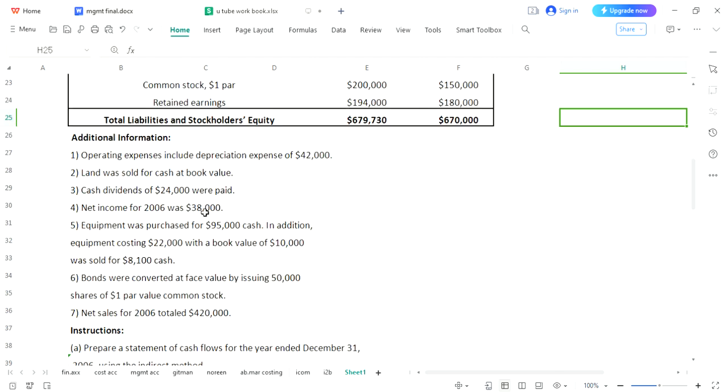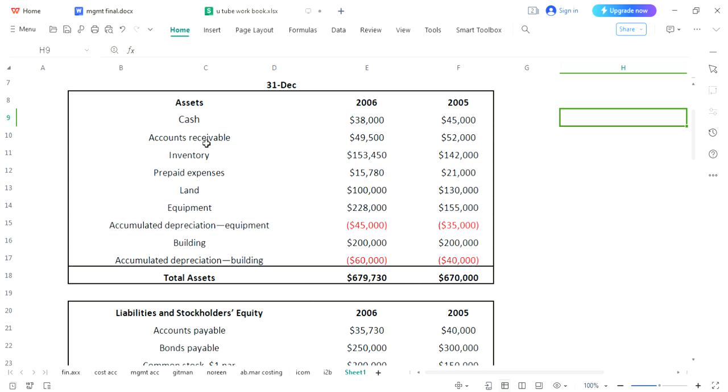Now the next part of the question is account receivable. First we will see what are current assets present on this asset side. So account receivable, yes, it's a current asset. Inventory, yes, it's a current asset. Prepaid, yes, it's a current asset. Land, no. So it means there are three current assets present over here.